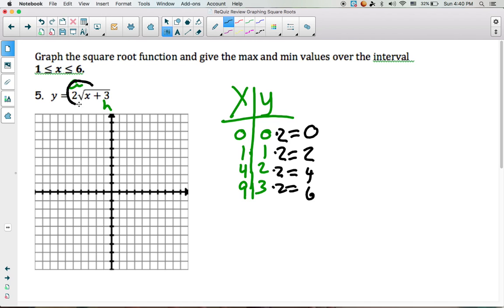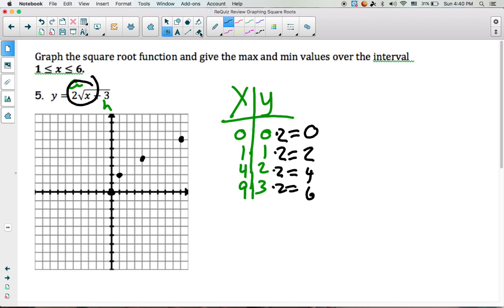So I'm graphing 2 times the square root of x, and square root of x would be your parent function. So I have 0, 0. I have the point 1, 2. I have the point 4, 4. And I have the point 9, 6. So I have this little graph going on. And then there's this